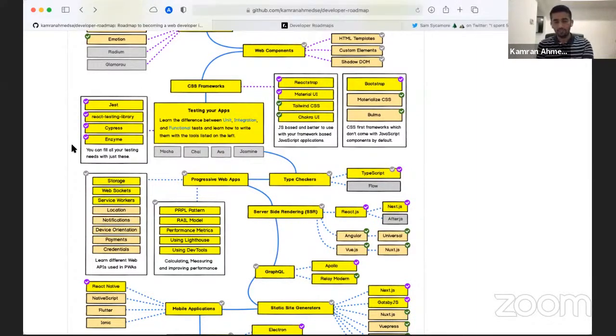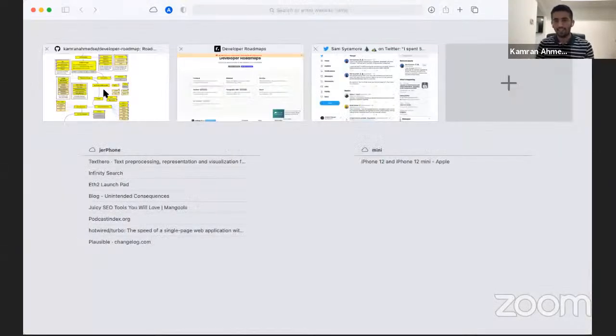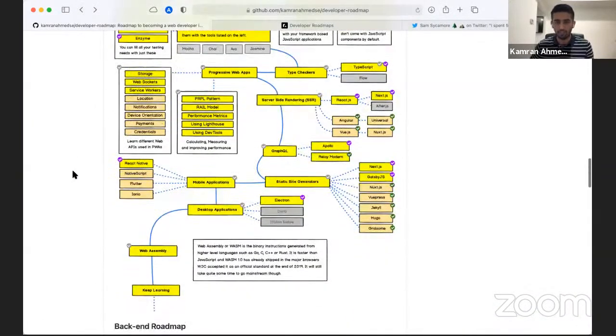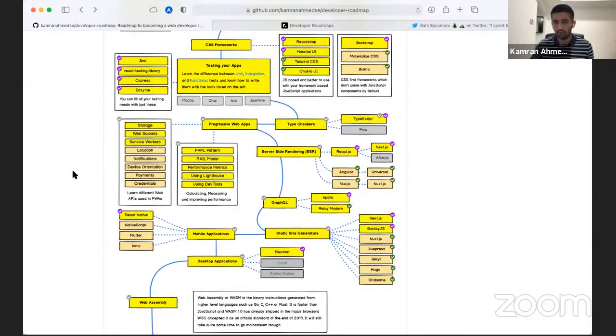I think when it comes to CSS frameworks, there's no strict recommendation, and that's just my personal opinion. Whatever works for you, you can use. For example, I'm currently using Chakra UI a lot, but before that I used Tailwind, and I have used React Strap and others. It depends on the project and the job you're applying for, what the company is using. It doesn't really matter what you use. But my personal preference right now is Chakra UI